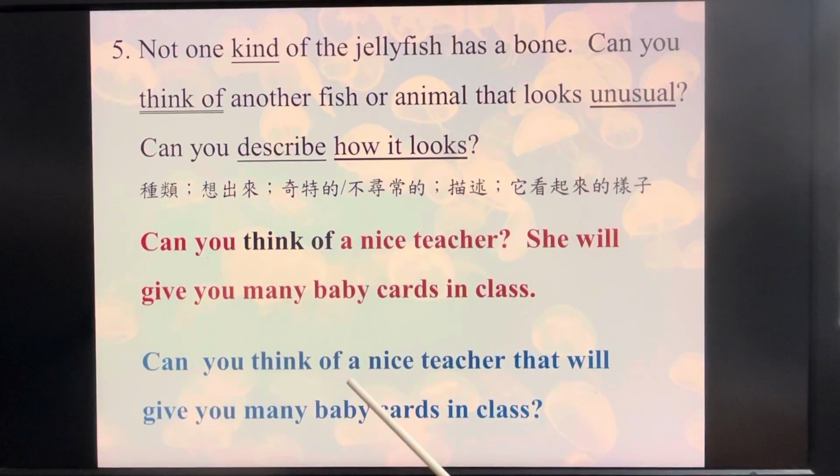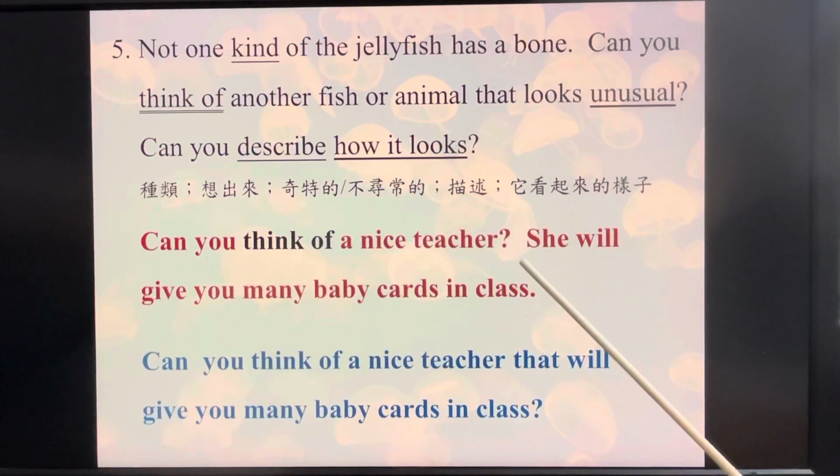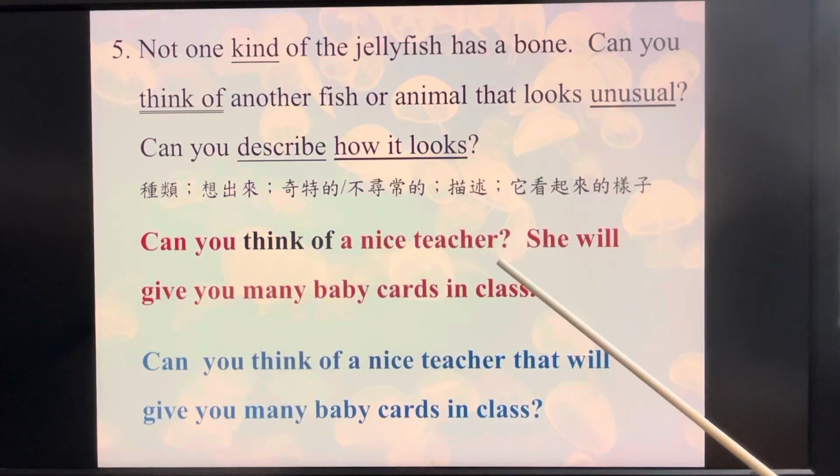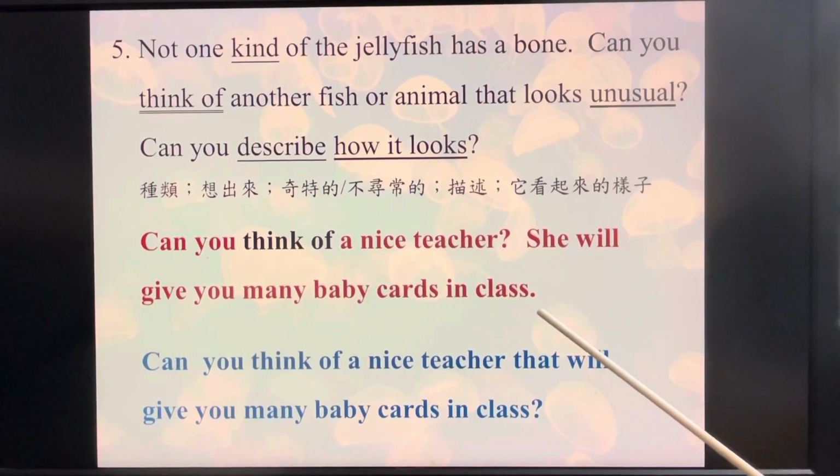Can you think of a nice teacher? 之后用 that. 之后把 will give you many baby cards in class. 跟上面这个句子比较一下，That 取代了上面的 she，和后面的一样。但是因为这个句子是 Can you think of，要记得加问号。这2个句子，第一个句子是 question，Number 2 is a sentence, description, statement，要加句点。